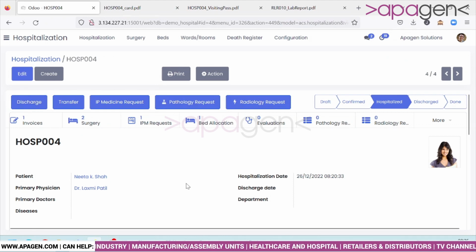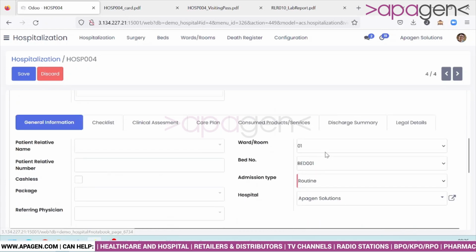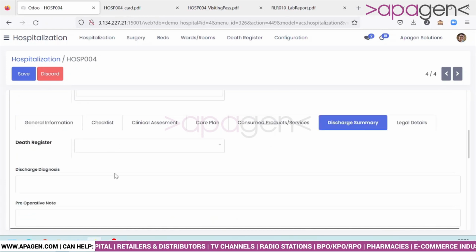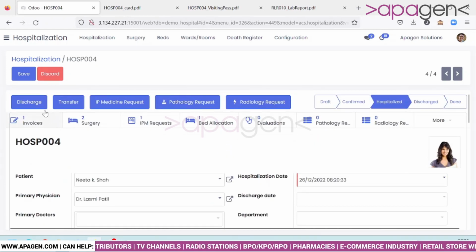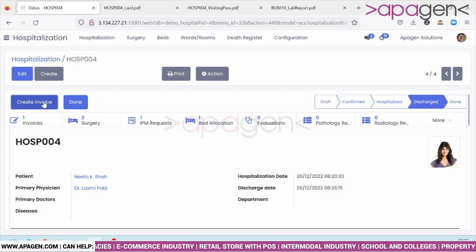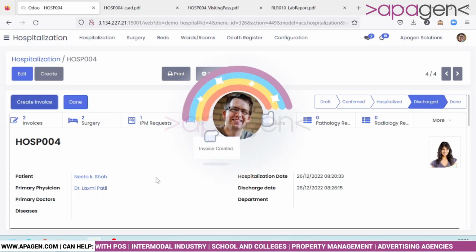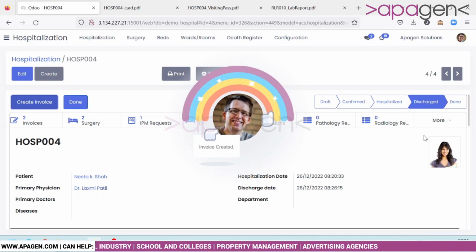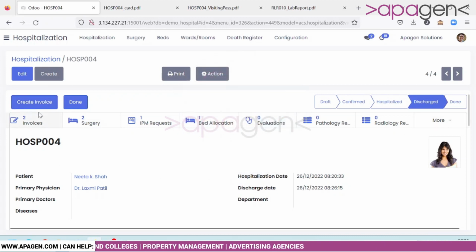Finally, once everything is complete, the discharge will be done. Before discharge, you will be required to enter all these details, and the system will be able to create the invoice. Okay. Once all these invoices are created,